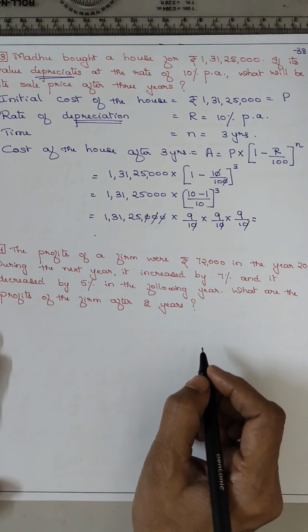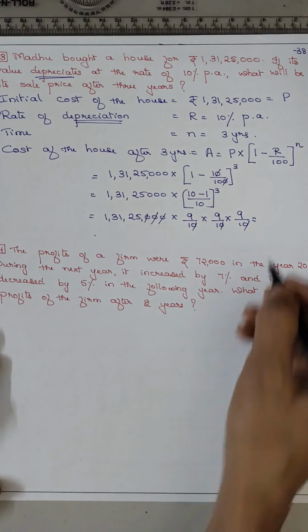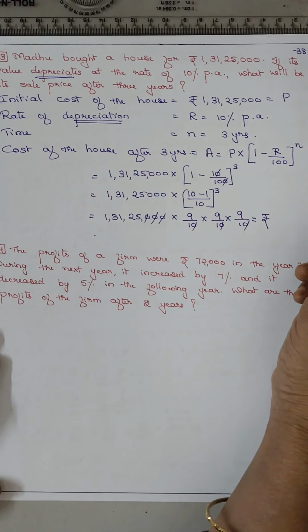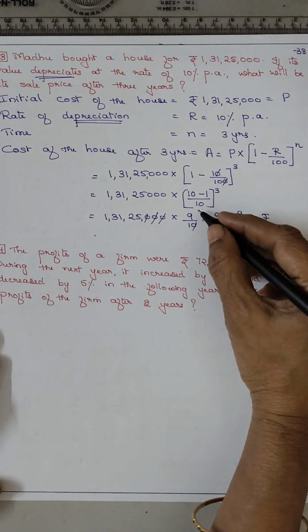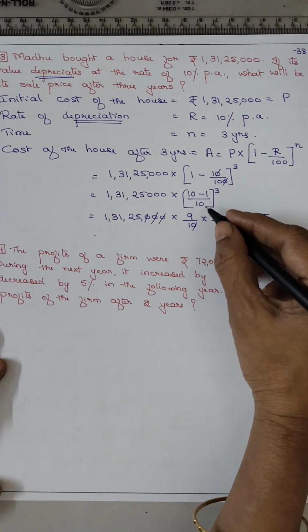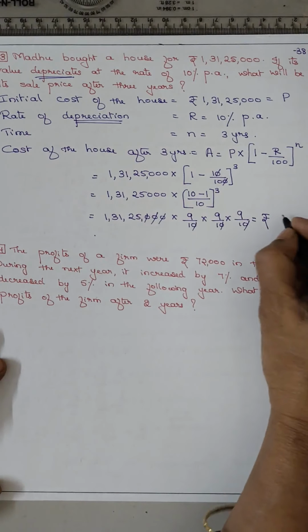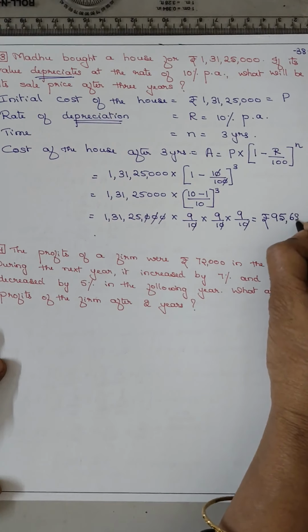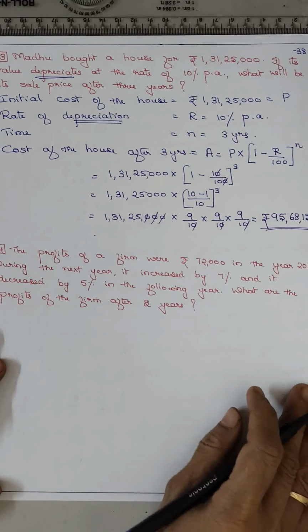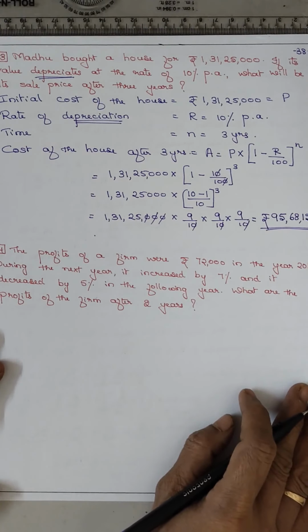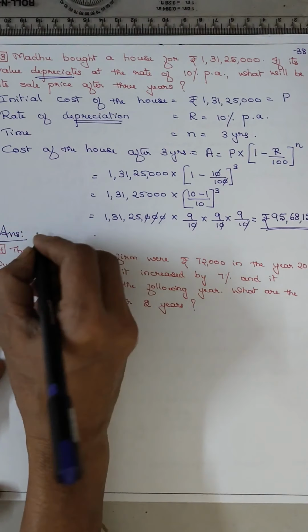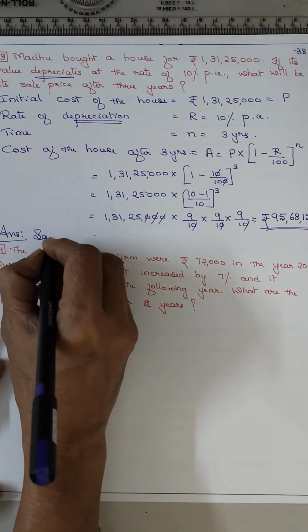And now when you multiply, 9 nines are 81, into 9 is 729, and multiplying, you will get 95 lakh 68,125. Answer: the sale price